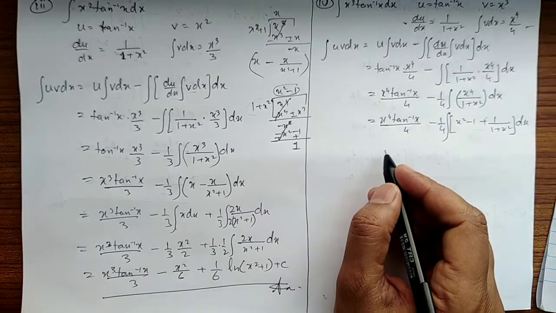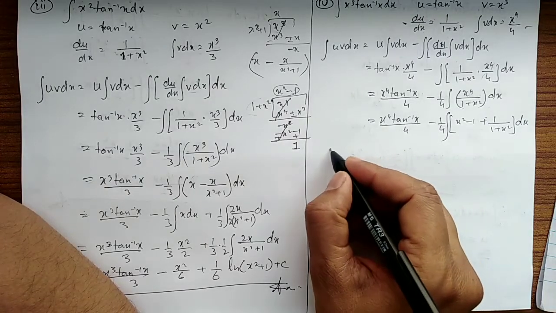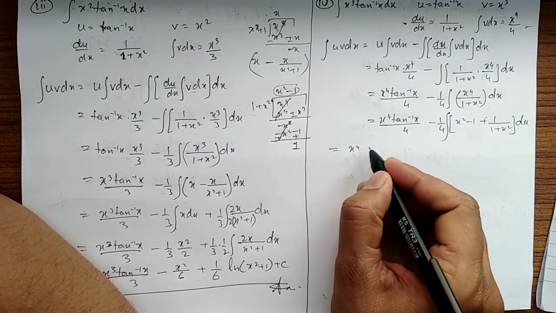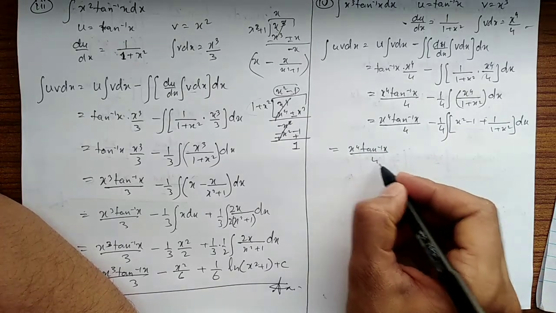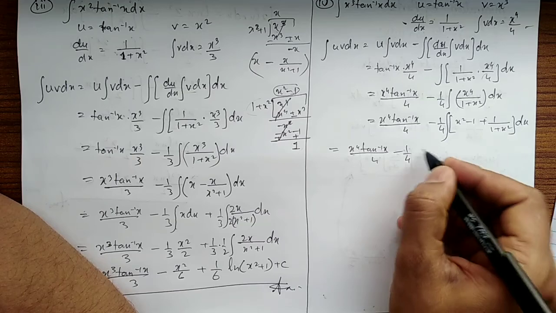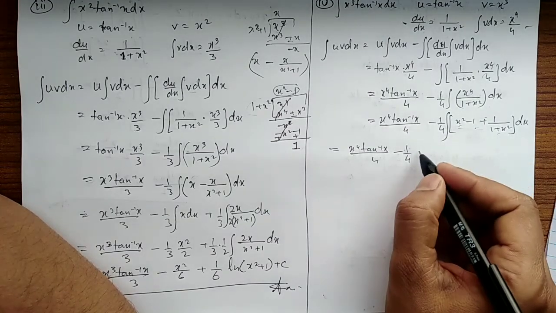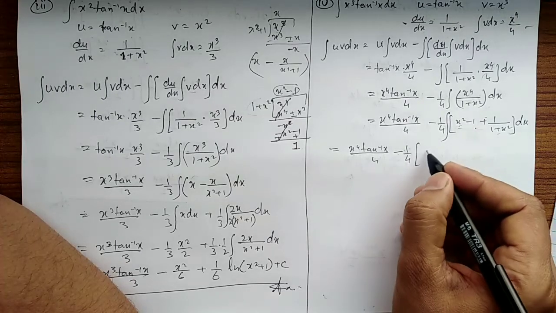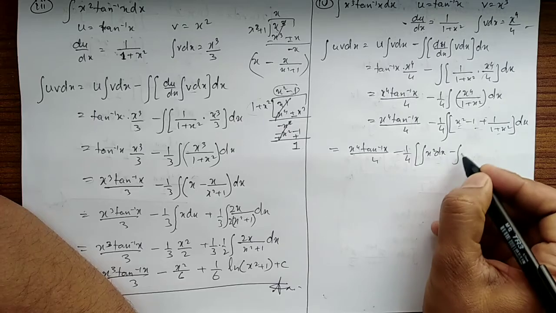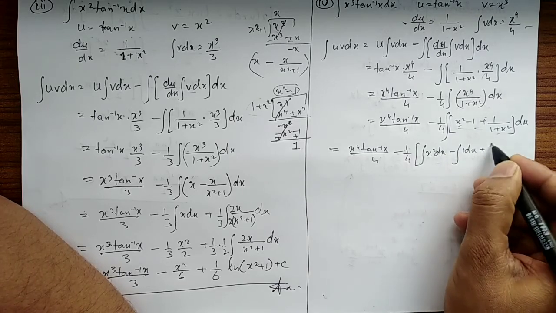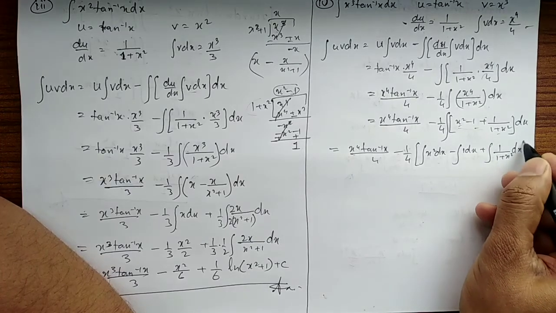So now taking the integral, we will write x power 4 tan inverse of x upon 4 minus 1 upon 4. Now applying the integral on all parts, we will have the integral of x square dx minus the integral of 1 dx plus the integral of 1 upon 1 plus x square dx,